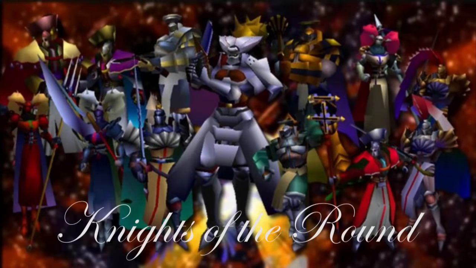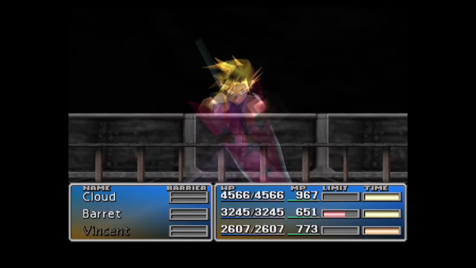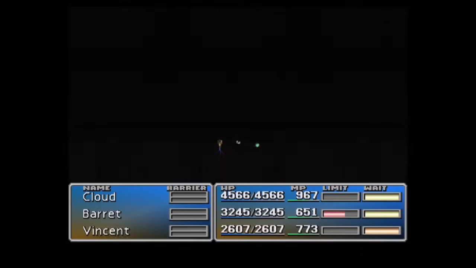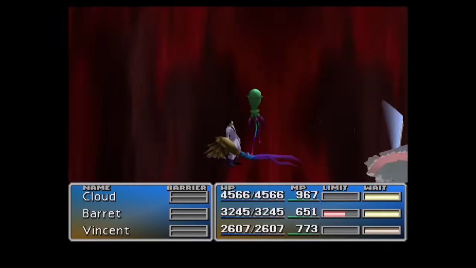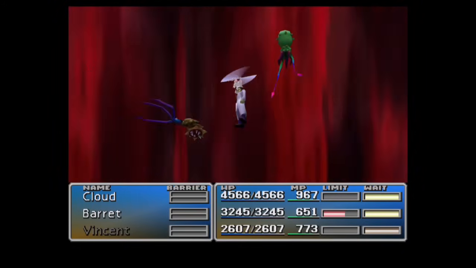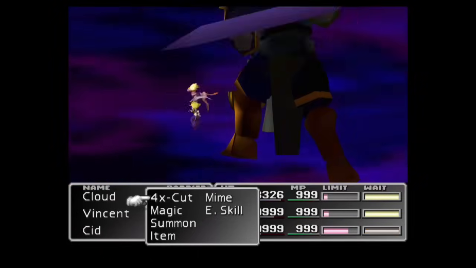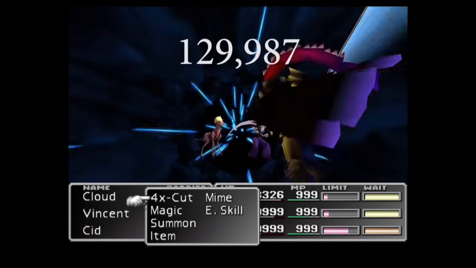Knights of the Round is the most challenging summon to acquire, but for good reason. It is also by far the most powerful summon in the game. If you get it during Disc 2 right off the bat, it does between 45 and 5,000 damage per knight attack. And with 13 knights, that adds up to around 61,000 damage. But once you master it and build up your character's stats, you can do up to 9,999 damage per attack, which ends up being